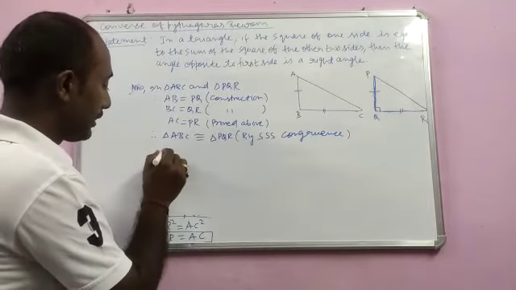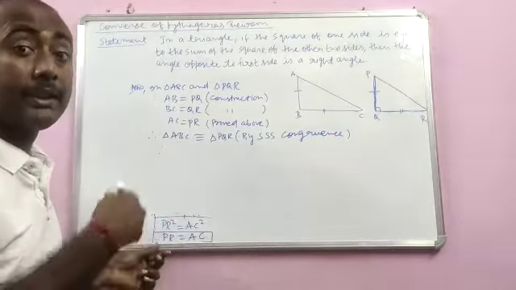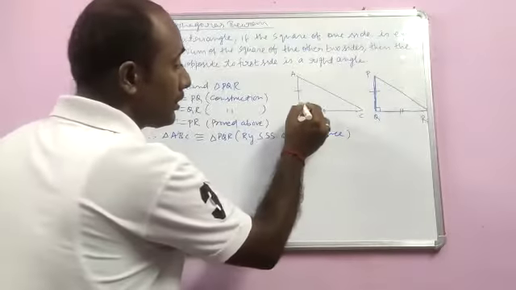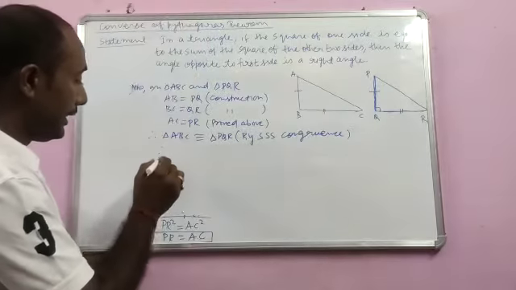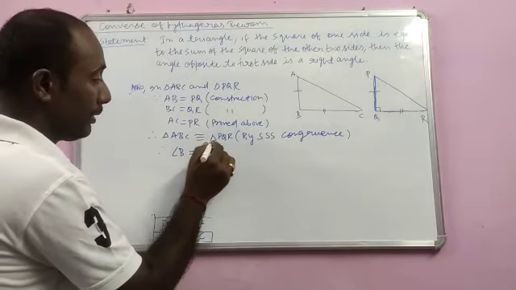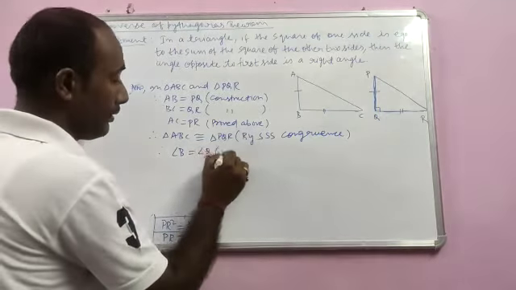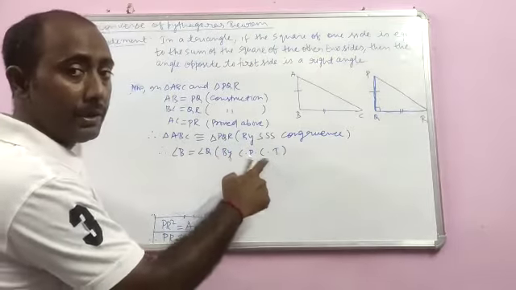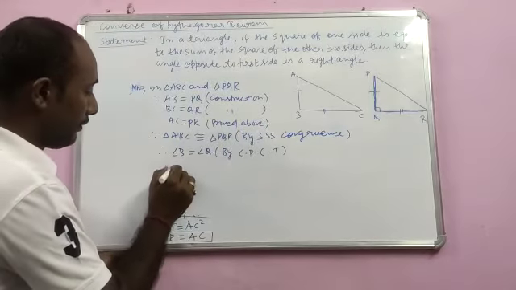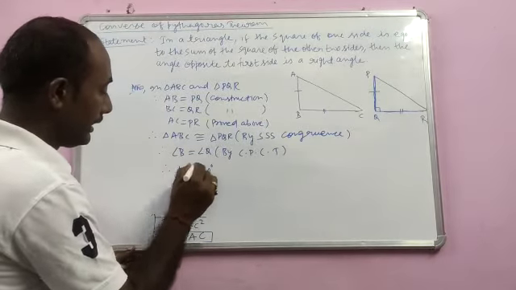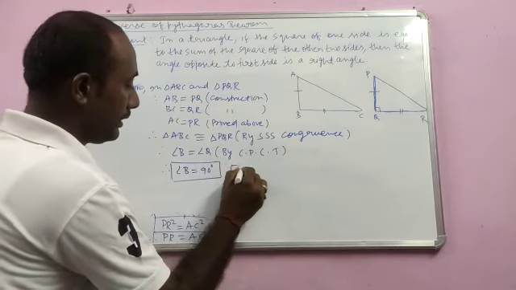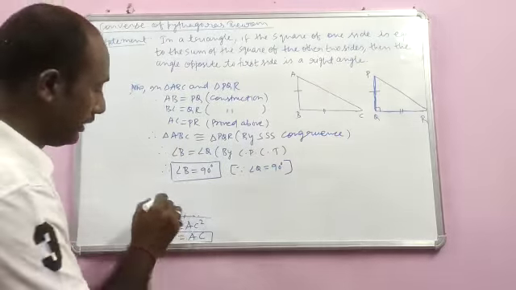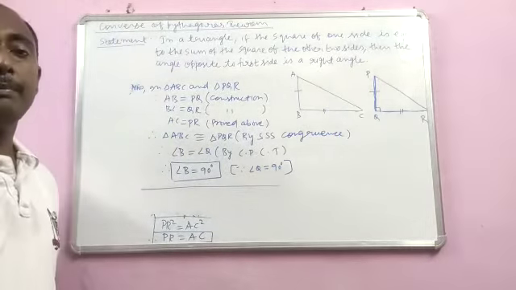So once we prove the two triangles congruent, here also we can say that the corresponding sides are equal and corresponding angles are equal. Sides were already equal, so we focus on this angle because we have to prove B equal to 90 degree. So we will write this angle B equal to angle Q by CPCT, corresponding part of congruent triangle. So therefore angle B is equal to 90 degree. Why? Since angle Q is equal to 90. Therefore B becomes equal to 90 degree. So this is the proof part of converse of Pythagoras theorem.